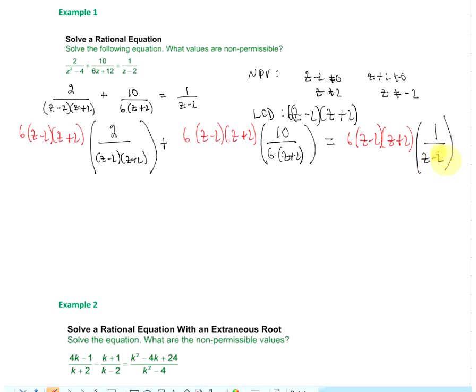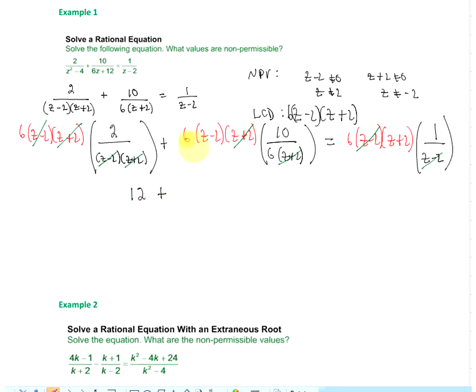Okay, and so next we're going to reduce what we can. So over on the left here we can reduce the z plus 2 and the z minus 2. And then in the middle we can reduce the z plus 2. And on the far right we can reduce the z minus 2. Okay, so what are we left with? Well, 6 times 2 is 12,